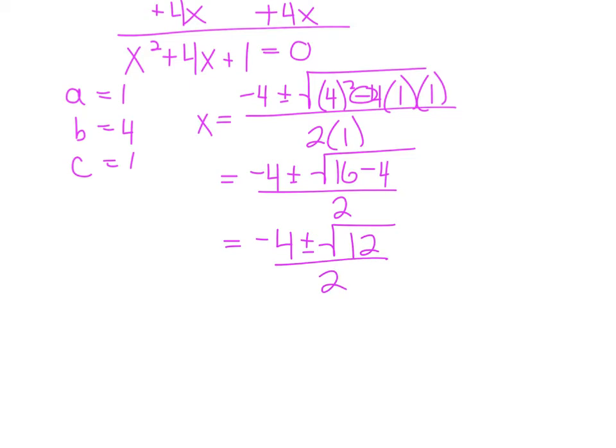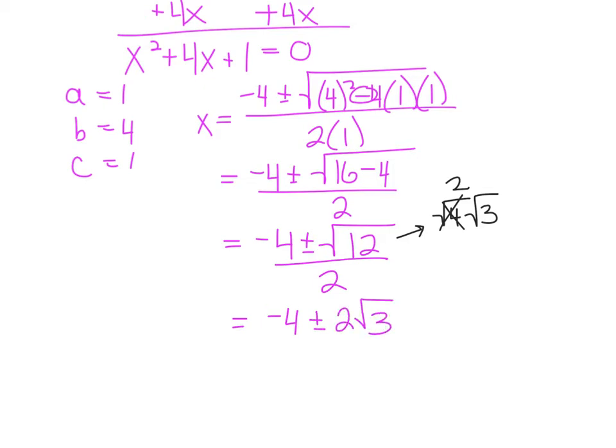So now I have to look at the square root of 12 and see, can that be simplified? So I'm thinking in my head, are there any perfect square factors that 12 has? Well, the square root of 4 times the square root of 3, right? I could rewrite 12 as a product of 4 and 3, 4 being a perfect square. The square root of 4 is 2. So when I rewrite this, it's going to equal negative 4 plus or minus 2 square roots